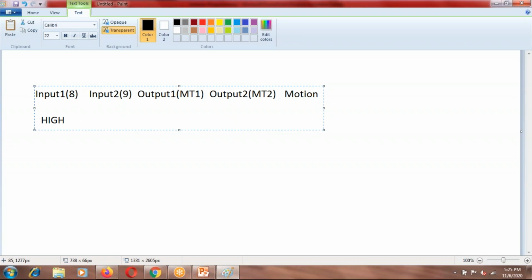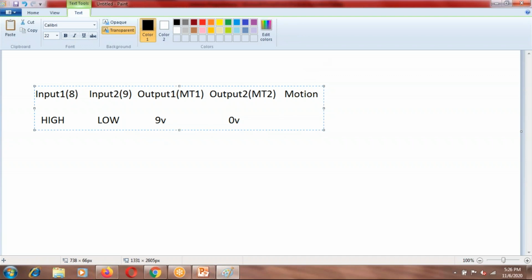So you will make this high, and let's say you are making this one low. The same level will be propagated to the motor terminals. Around 9 volts, since the supply to the motor is going from the VSS terminal, which consists of the 9 volt battery. So ideally it should have a 9 volt potential. So 9 volts is going to MT1 and 0 volts is going to MT2. Is that clear? Since it is low, it will give 0 volts, meaning 0 volts will be applied to MT2 and 9 volts will be applied to MT1.